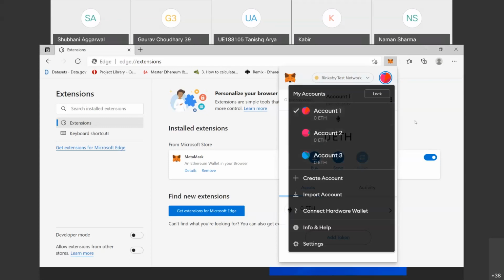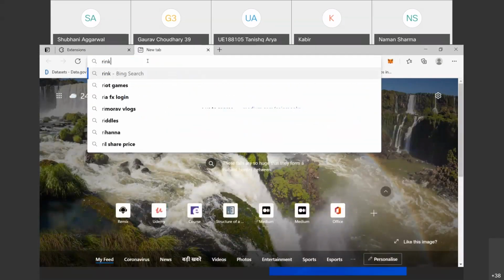If you want to add some ethers in your account, so if we use the Linea network,